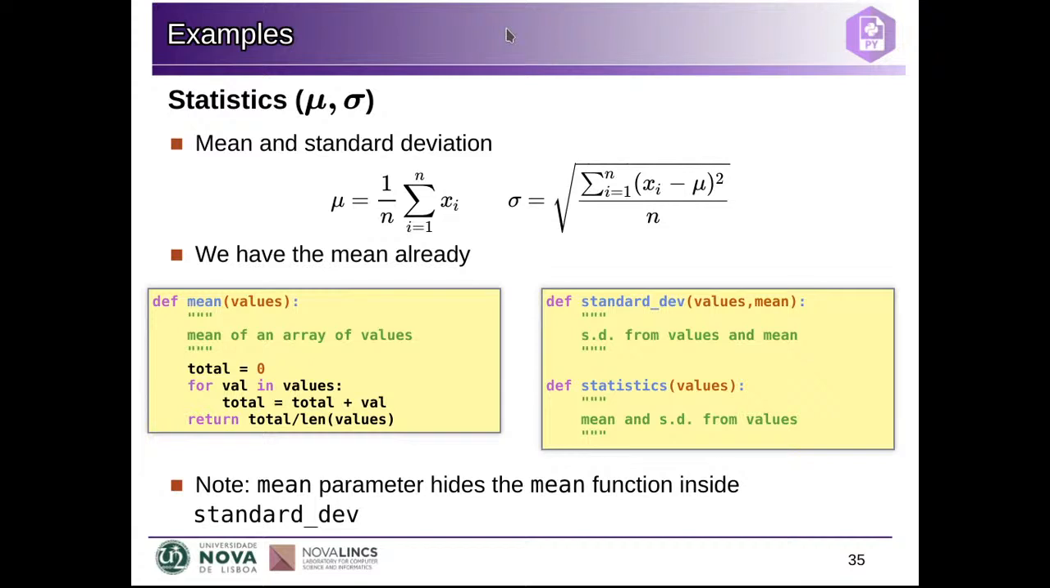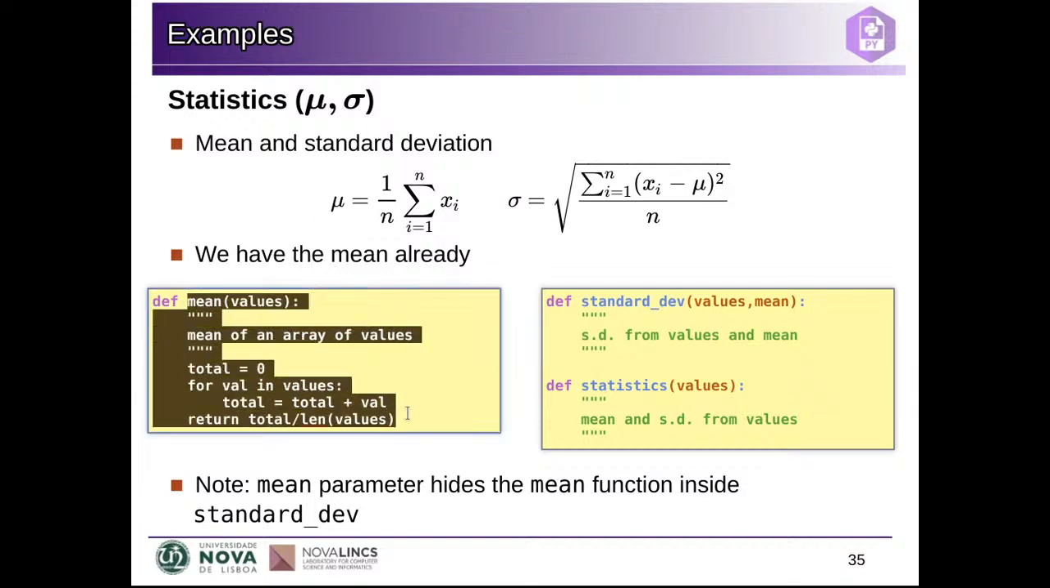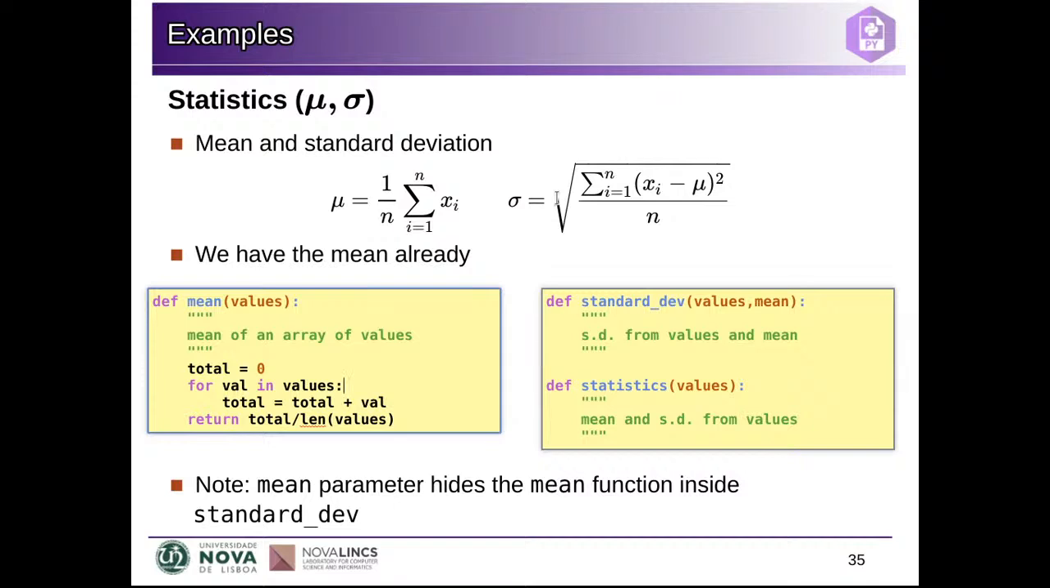We can use this, for example, for the mean and the standard deviation. So we already have the mean for the values. We did this before. The standard deviation is the square root of, so this is the standard deviation for the sample, not the estimator for the population, but in any case, it's the square root of the sum of the differences between each element and the mean squared, divided by the number of elements. So basically, we can